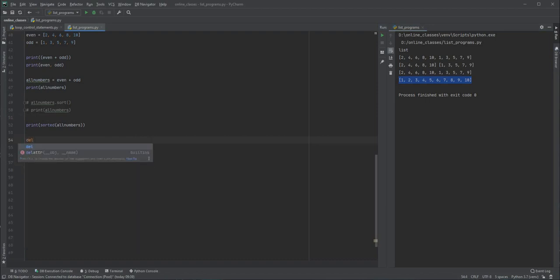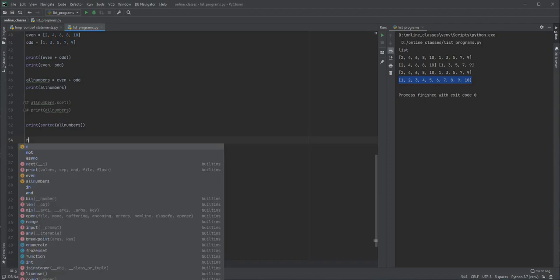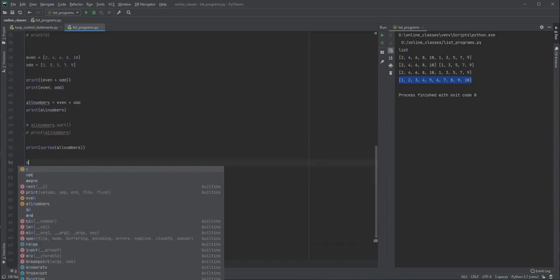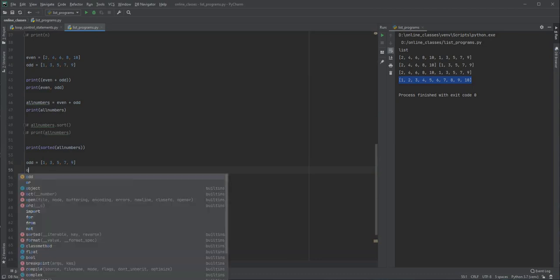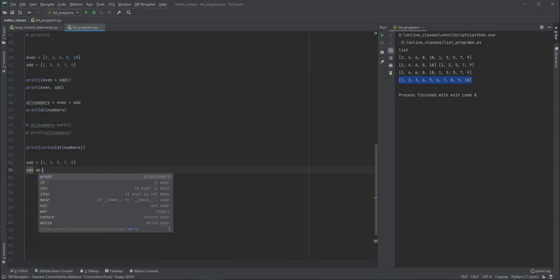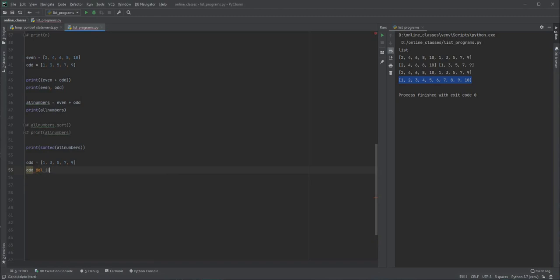Now here, if you want to delete any value, there is a keyword called del itself. We have to use that one. It's not a function. So from n, maybe from n I want to delete something. We can use it like this. First, what is the value of... wait, this is all numbers, right? Here let's take this odd numbers only, and let's say from odd I'm going to delete, let's say 10, like this.